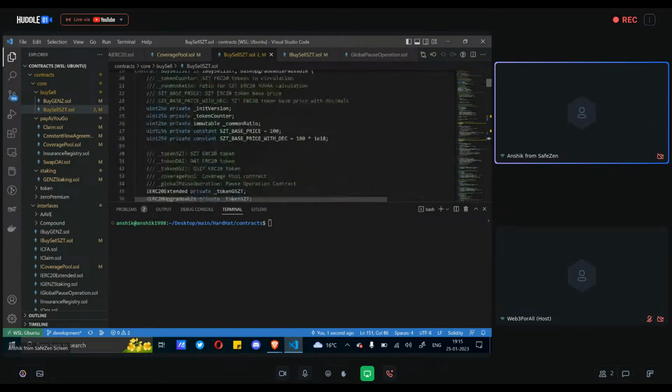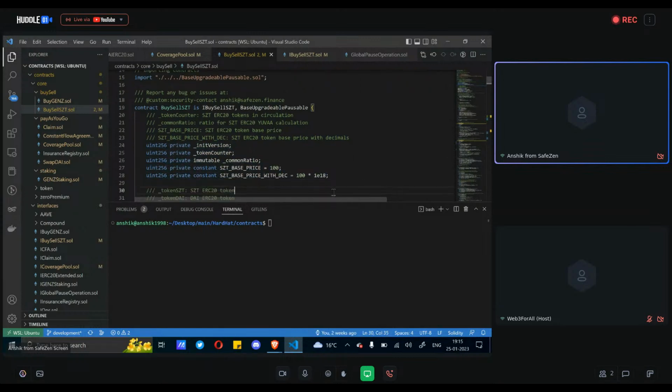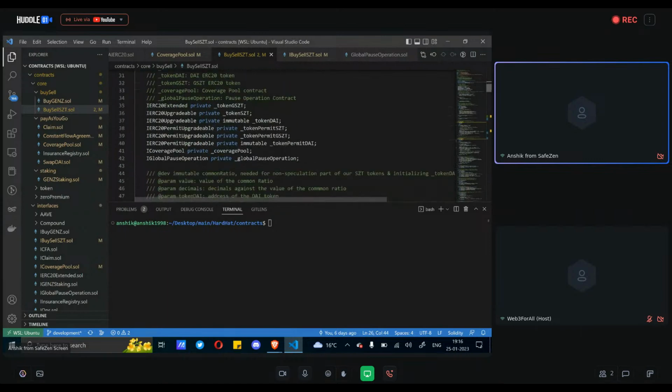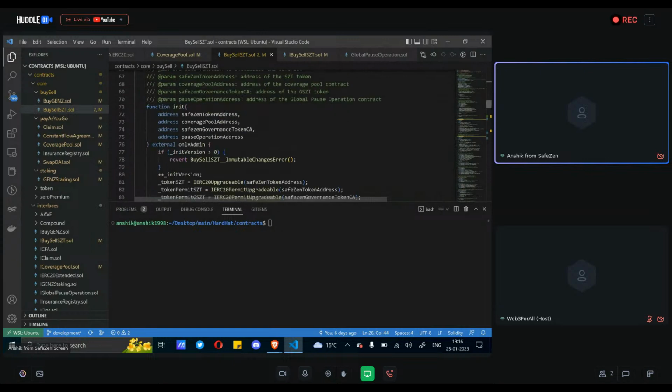So that's how the things can be fixed. Now let's come upon the later sections. So first of all, we are defining all these things. We are specifying the documentation for the variables that we have specified, the state variables. You can find these to be private immutable, and for the immutable state variables, we'll need to have them included within the constructor, and they can't be called within any of